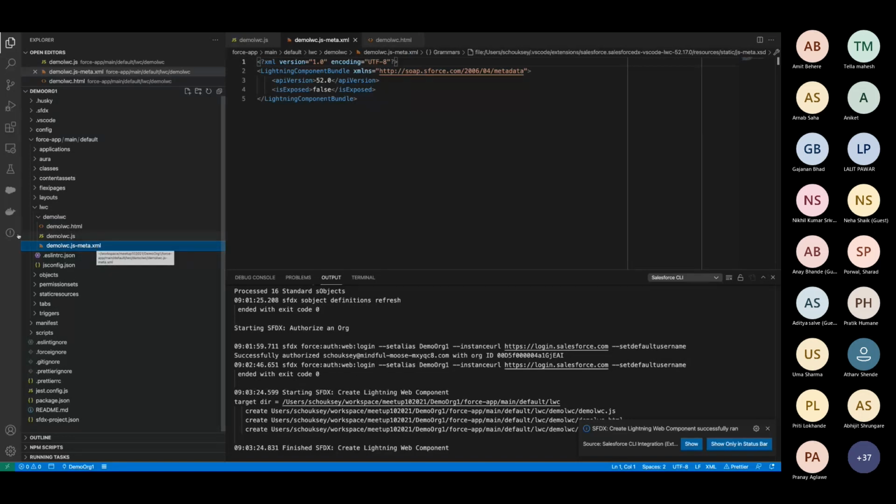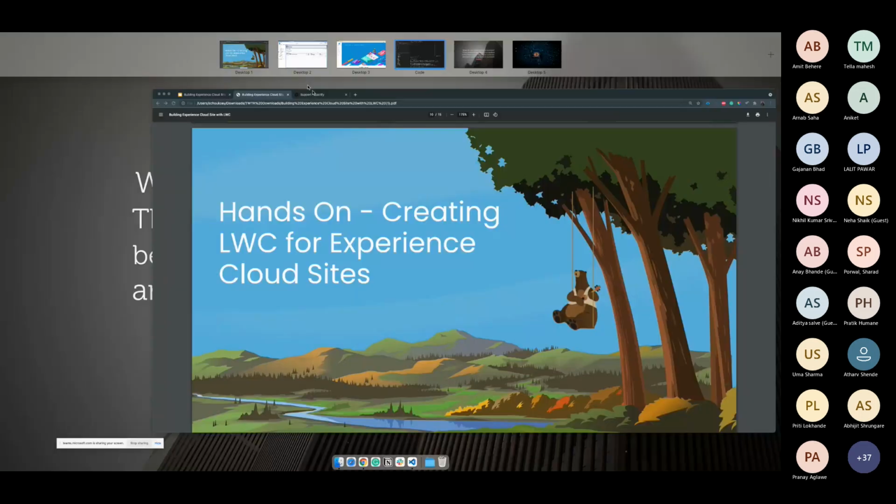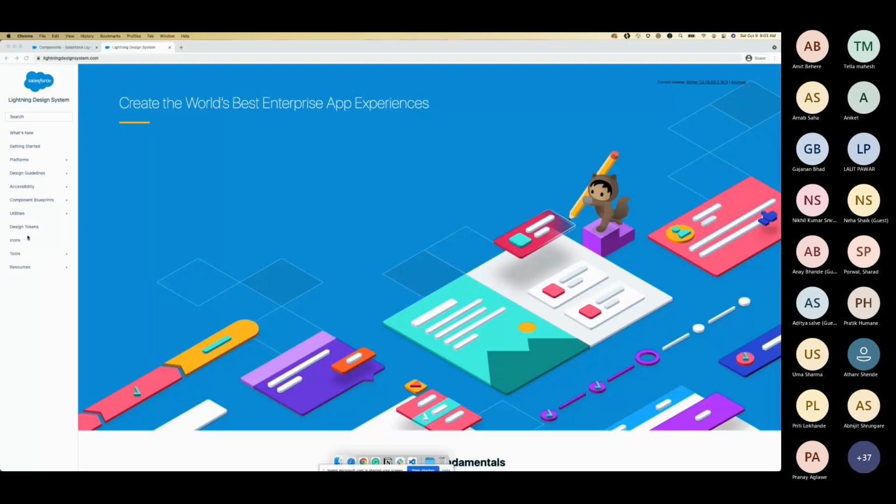Now, usually as a practice, people do hello world or whatnot. But what I always prefer, whenever you don't have your own custom design, is to use Lightning Design System for any UI related stuff. This is the Salesforce CSS, and Salesforce provides a lot of components by default which you can use.